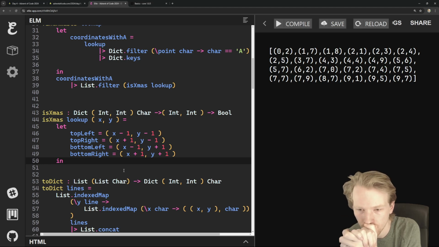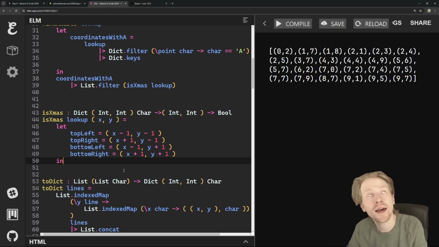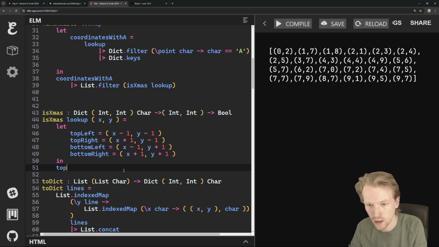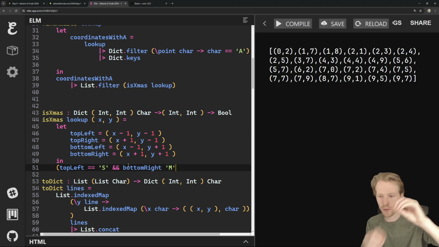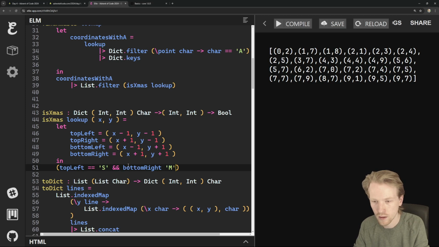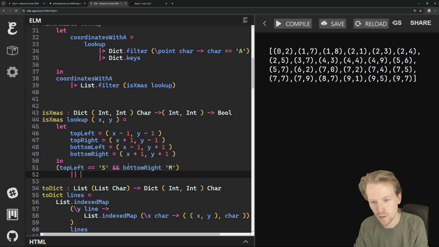So it's an X-mas if top left is S and bottom right is M. So either top left equals S, I'm just going to write them all out, and bottom right equals M. That's one situation. So that is top left, bottom right, or the other way. So this is true